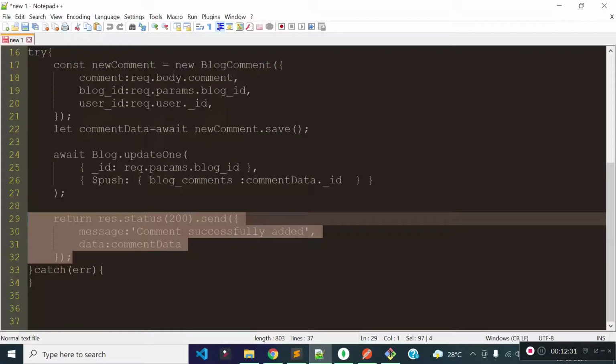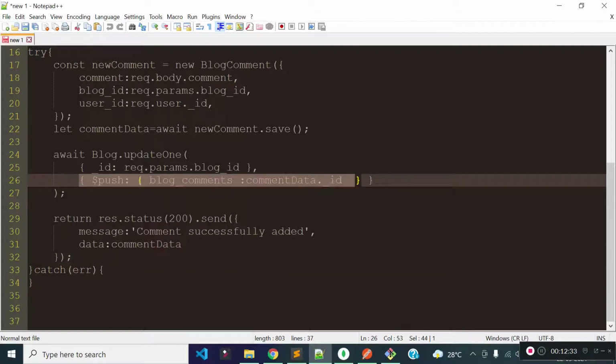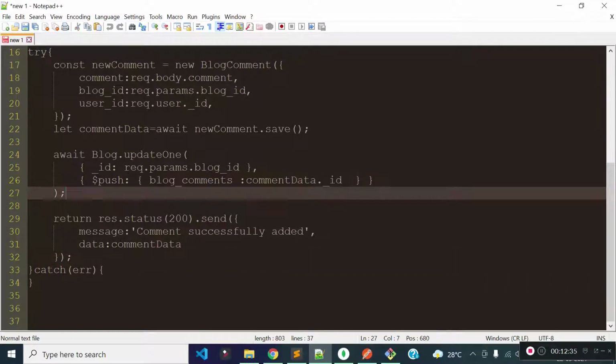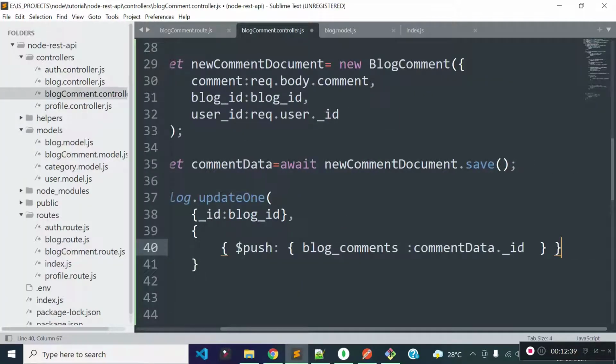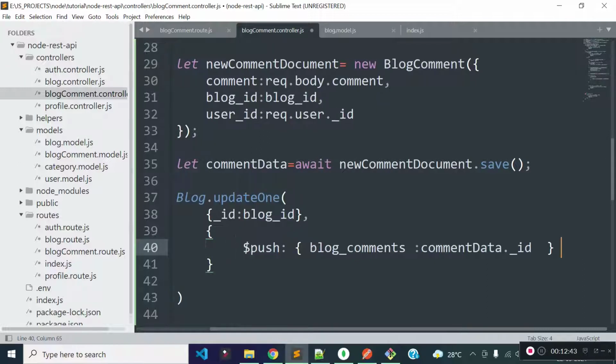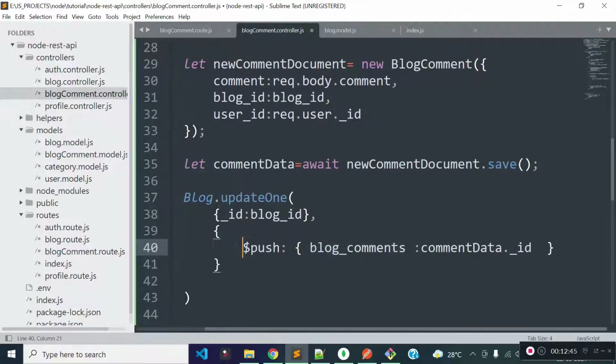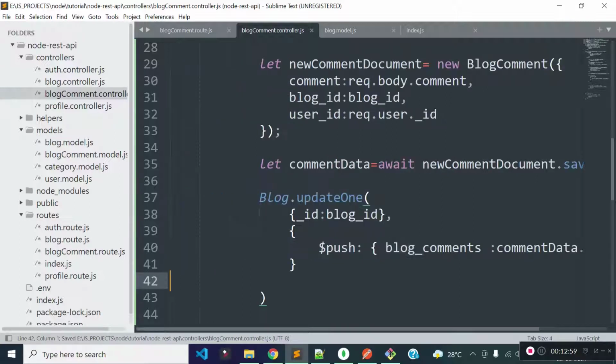and I'm going to push the newly created comment ID to this blog_comments array of our blog model, right? So that's why I'm providing the newly created comment ID value here, so that we can push the newly created comment ID to this blog_comments array of our blog model, and this will return a promise.